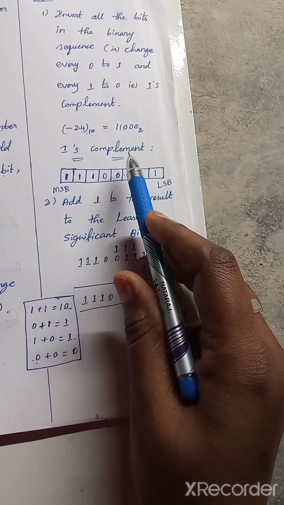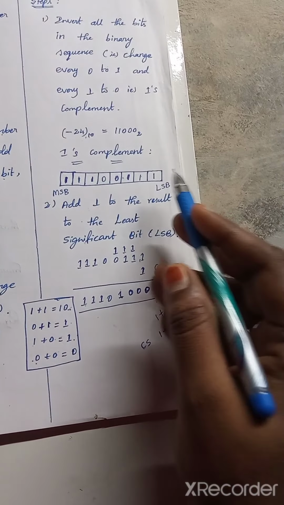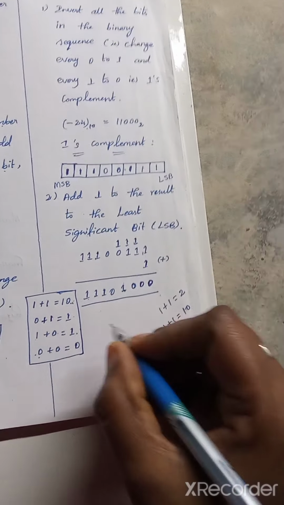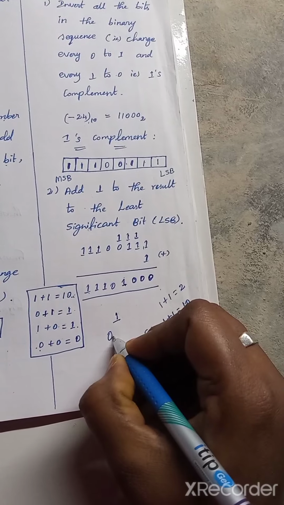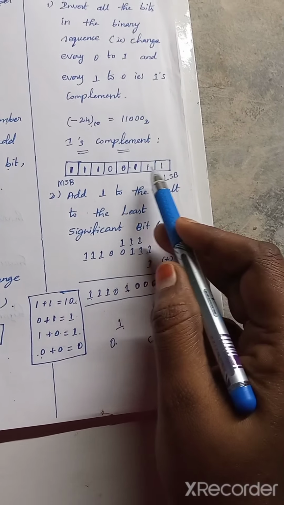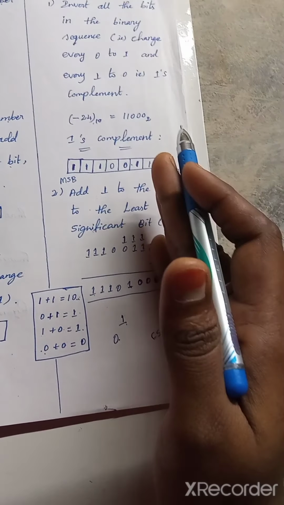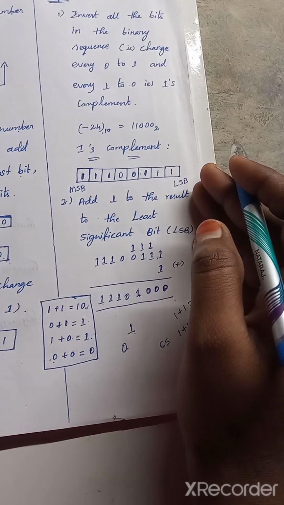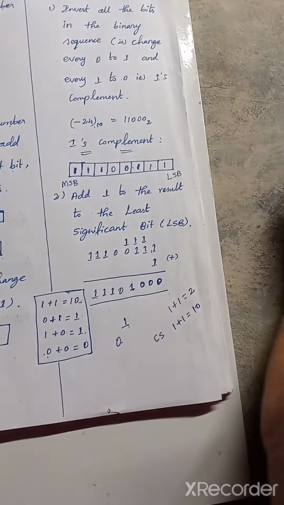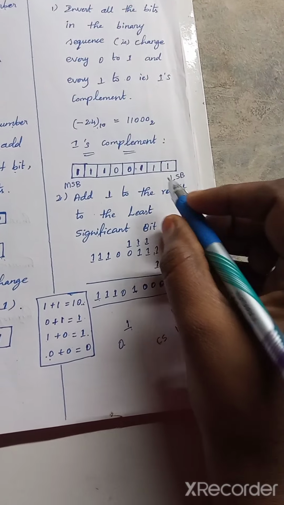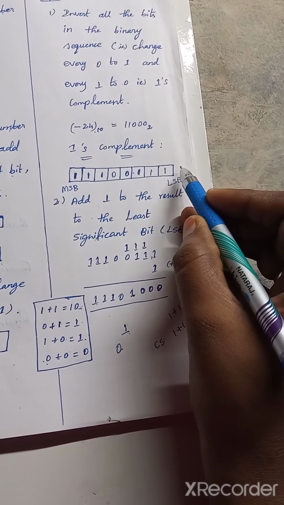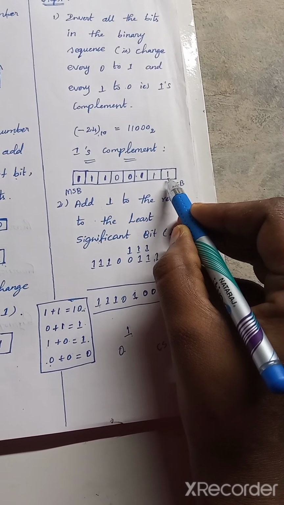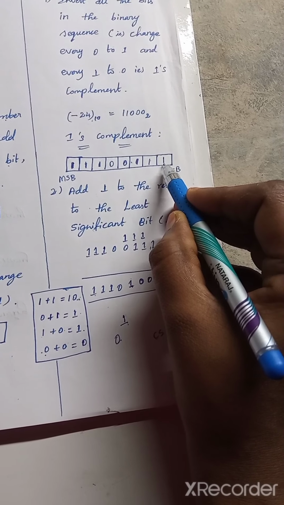So in the 1's complement, first of all we are searching for a 1 value, not the 0 value, 1. The first 1 where it can be placed, in the least significant bit. On the left side we will start our search process. So here we have 1 in the first column. Okay, in the first column.